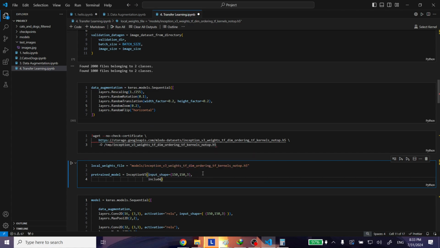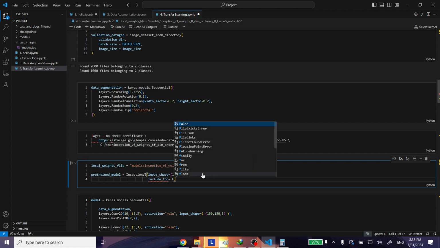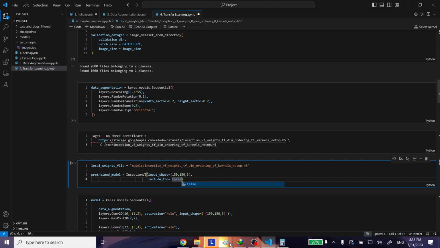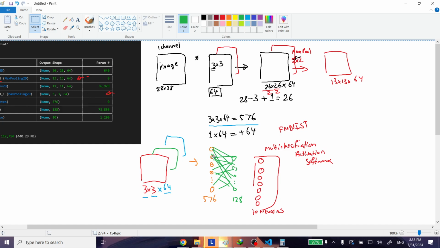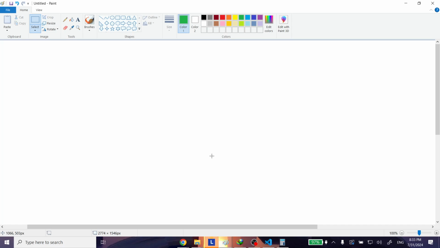We're not going to include the top. So essentially what we are doing over here is we are also applying, I forgot the name. It's one is called transfer learning, and the other one is called